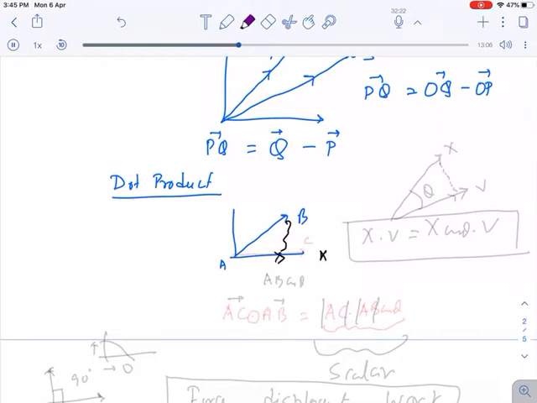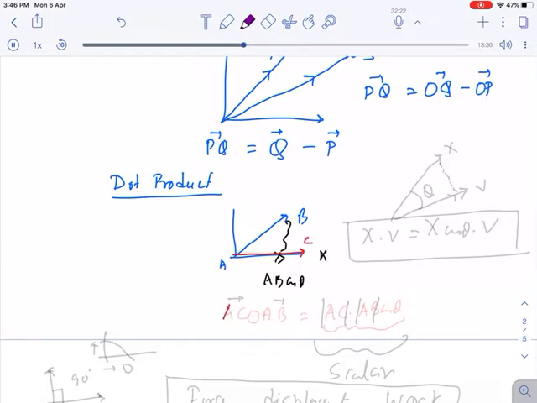So this is AB cos theta. And if there is another vector that is represented by the red line on the same x-axis, suppose this is AC, then